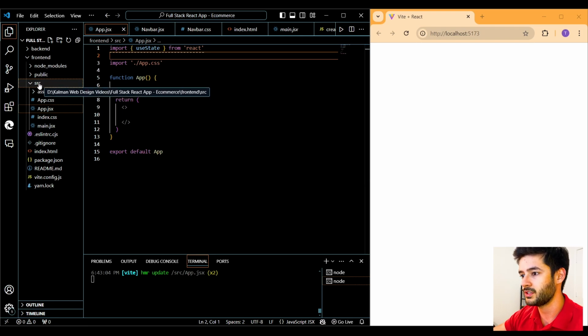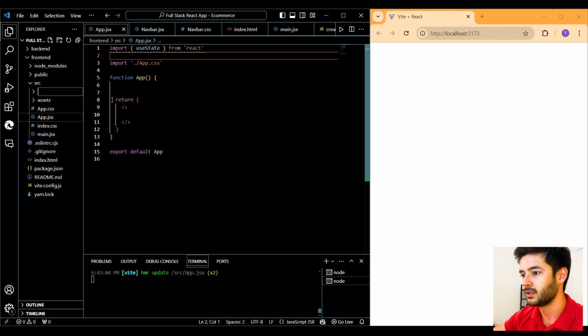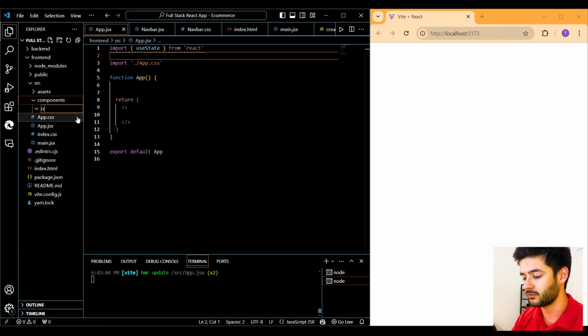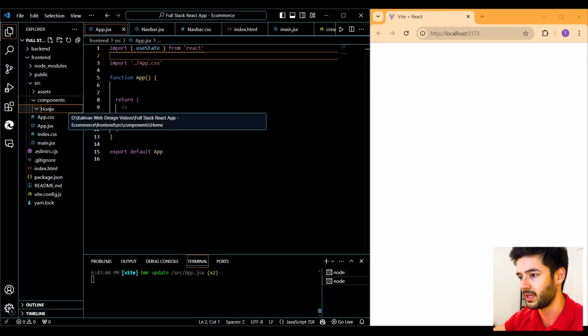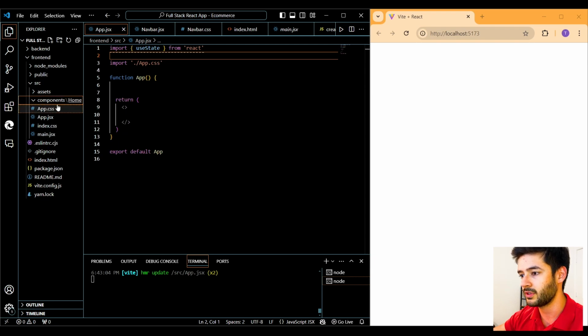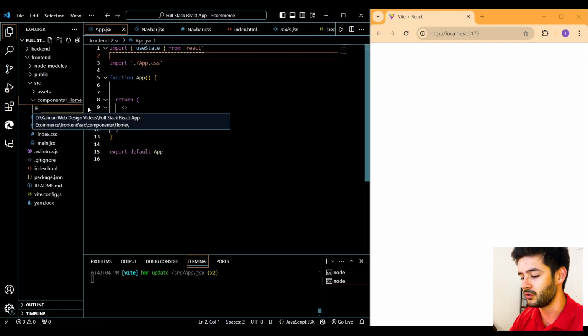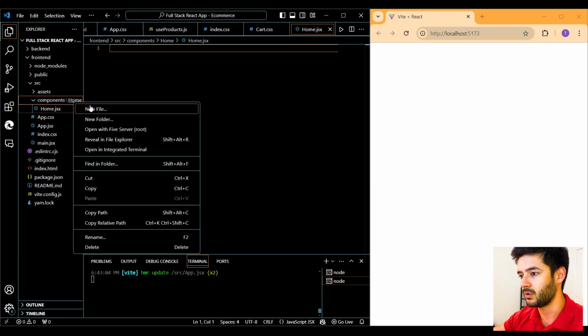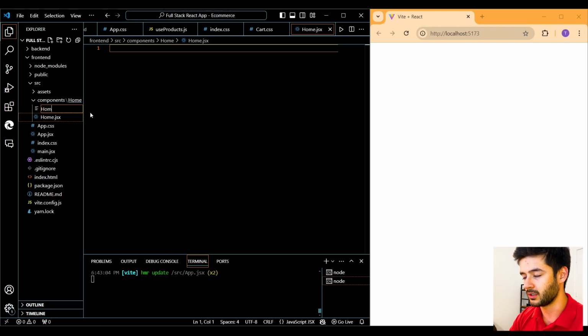So inside of our src folder, I want to right click, new folder, and call this folder components. Inside of our components folder, I want to again create another folder, and this one I will call home, and this is going to serve as our home page component here. Once I create this, I want to create a new file in here called home.jsx. Go ahead and hit enter, and then I want to create one more file here called